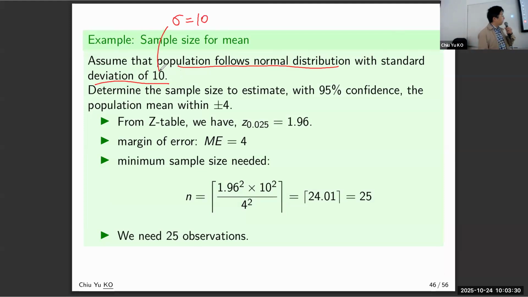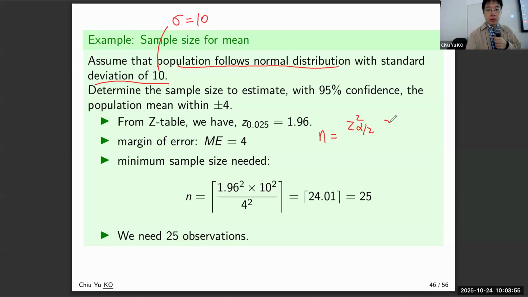And after this, I will tell you how to come up with a good estimate of sigma. I'll discuss a little bit. But first, our formula said the following. N is Z alpha over 2 square,